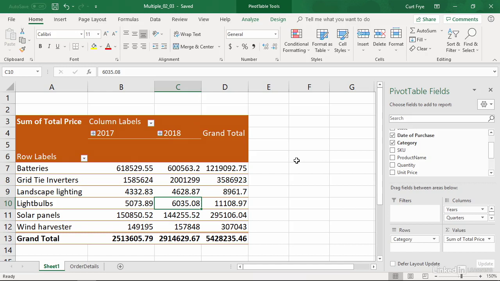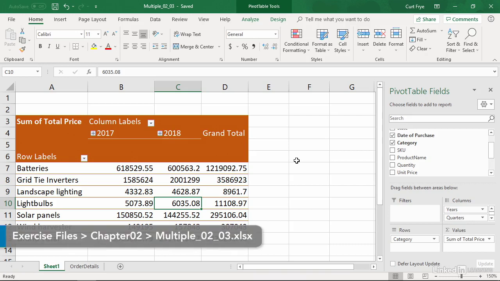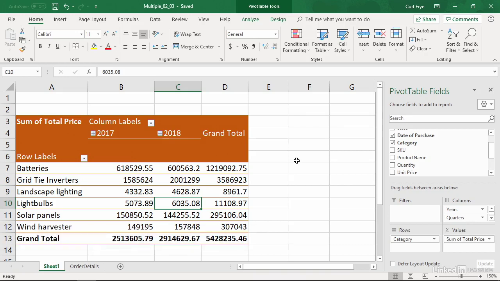When most users think of a pivot table, they see it with a single data set in the values area. That's certainly the most common configuration, but you can summarize more than one data field at a time. In this movie, I'll show you how to do that. My sample file is multiple 0203, and you can find it in the Chapter 2 folder of your exercise files